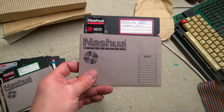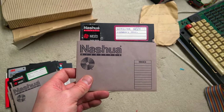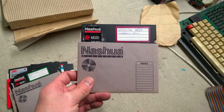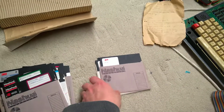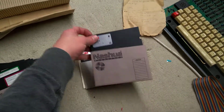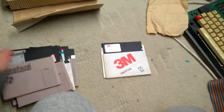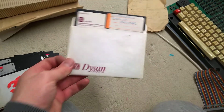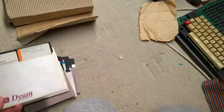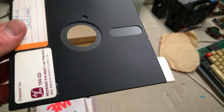WordStar Large Print plus Graphics Progs. Maybe that suggests WordStar was being used with that graphics device there. I might just be stabbing in the dark there. The MIDI 1, a lot of MIDI stuff with this contraption. MIDI 3, Superbrain English Spell Star. And I have noticed, I've looked at all these discs, and the surface of the discs,